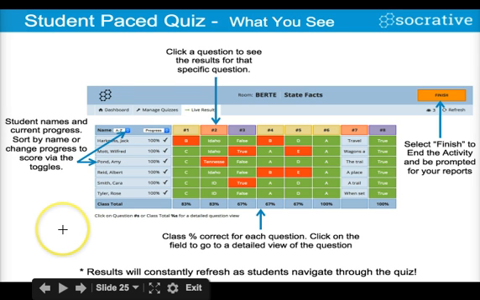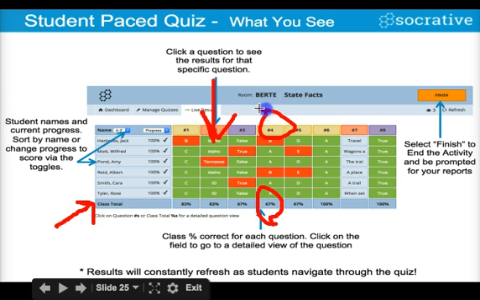On the teacher end, you can see you've got your students listed off to the side, and then you can actually see the questions at the top here, and you can see visually green versus red as to how they scored or answered collectively. It also gives you some nice data at the bottom of the number, the percent correct for each question. So if you see a low percentage down here at the bottom for question 4, for example, you would know, wow, I think I need to go back and reteach that.